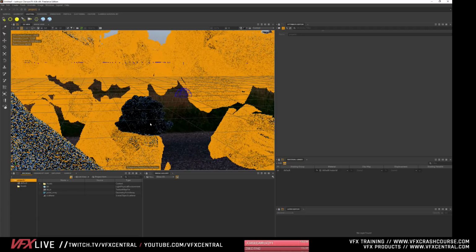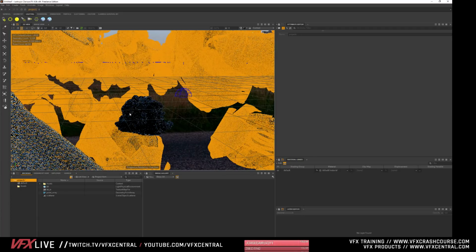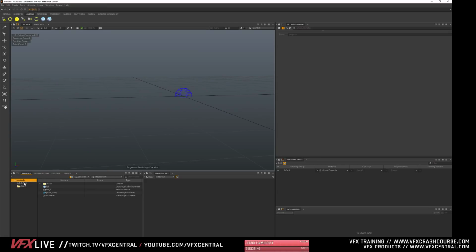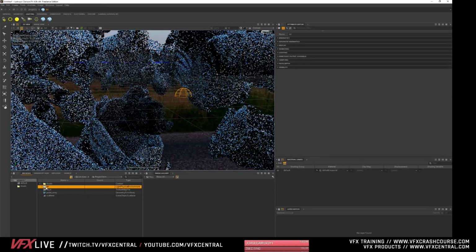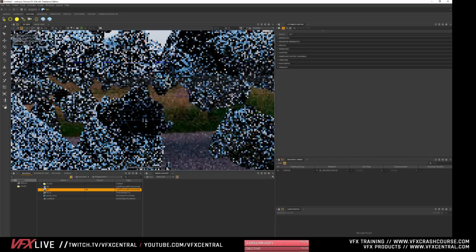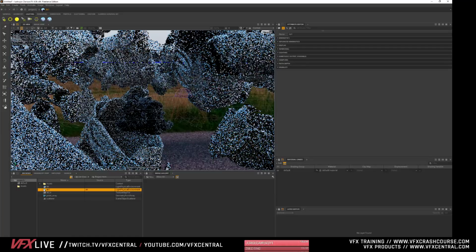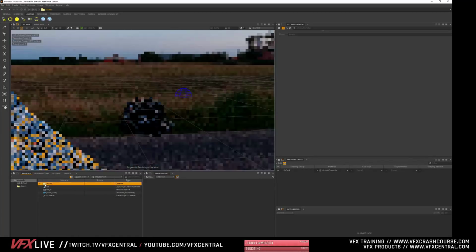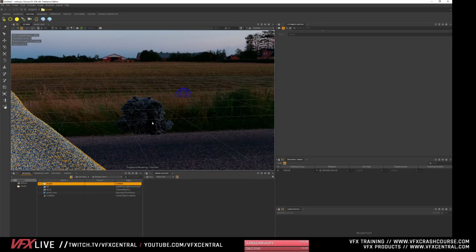But yeah, now we can see that the lights are affecting this volume right there. You can do some other cool things to be able to preview this being lit, but for now, I'm going to create an instance of this light. So you can go make an instance, and I'm going to bring this instance into the assets. So now I can see how my lighting is going to look in here.